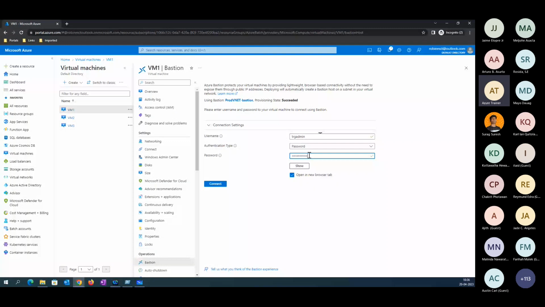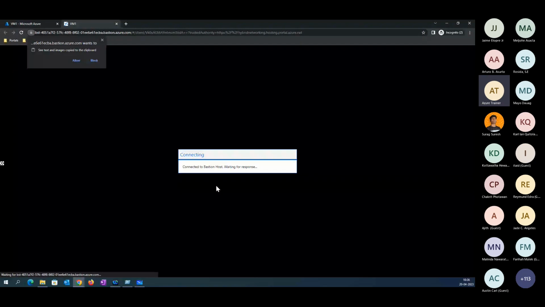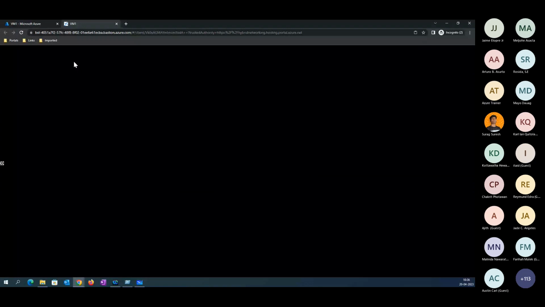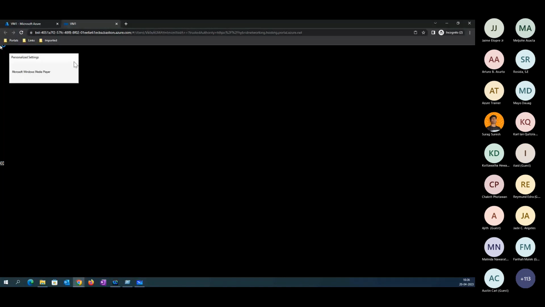Now, you may see instead of the RDP protocol, this will be connected via a browser-based session, similar to your Citrix or VDI. You can see this has been connecting via browser. See, right now this has been created here. Let's wait.